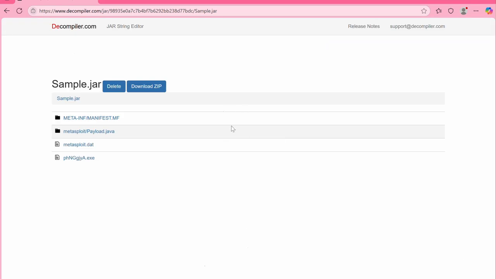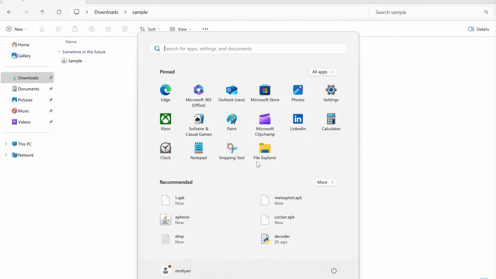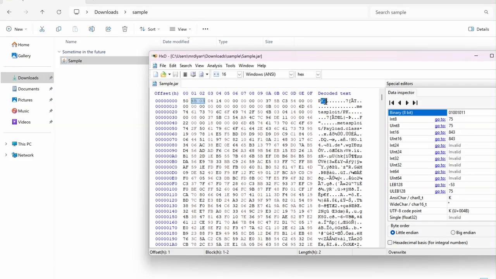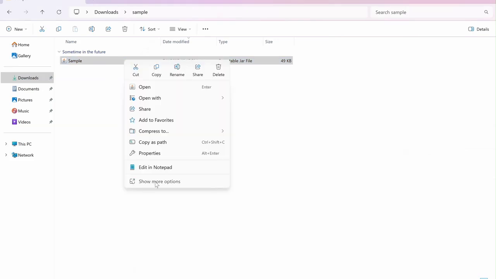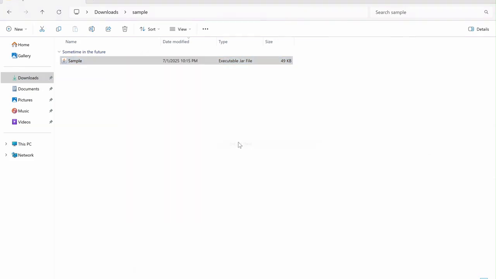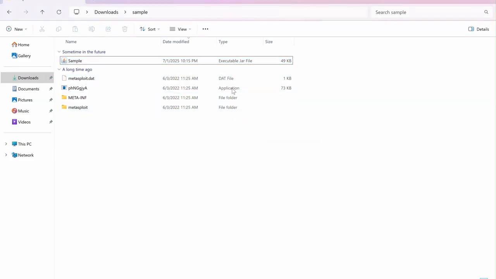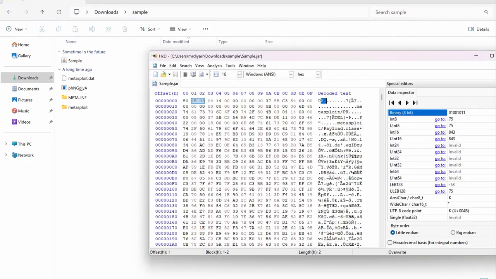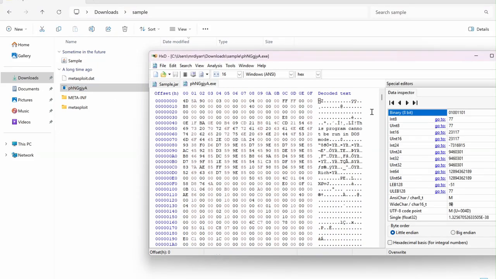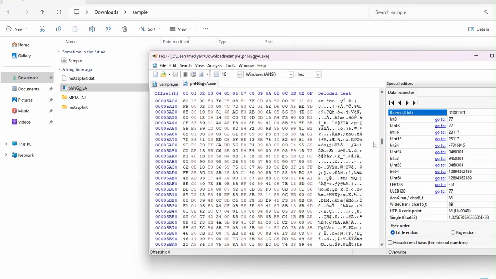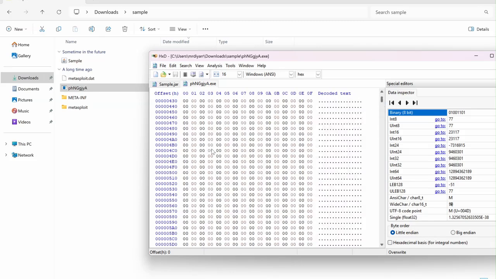And actually, it provides important information about the file itself. And again, you can try to open this malicious sample in a hex editor. It's a PK. So if we right click, show more options, and extract here, you find interesting stuff, such as this executable file. And again, drag it to here, it's an MZ, and I don't believe this package is being packaged and obfuscated in some way, but let's try to